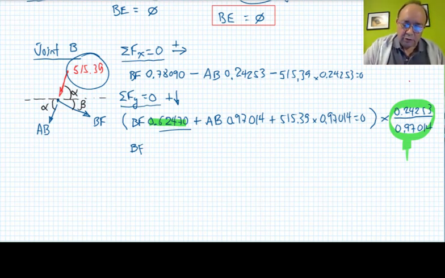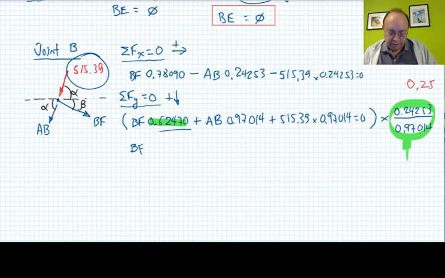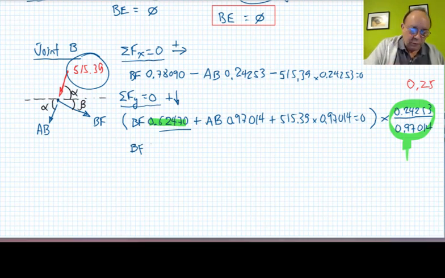This is 0.25. 0.259995 is actually 0.25. So I have to multiply everything by 0.25. So 0.6247 times 0.25 equals 0.1567175